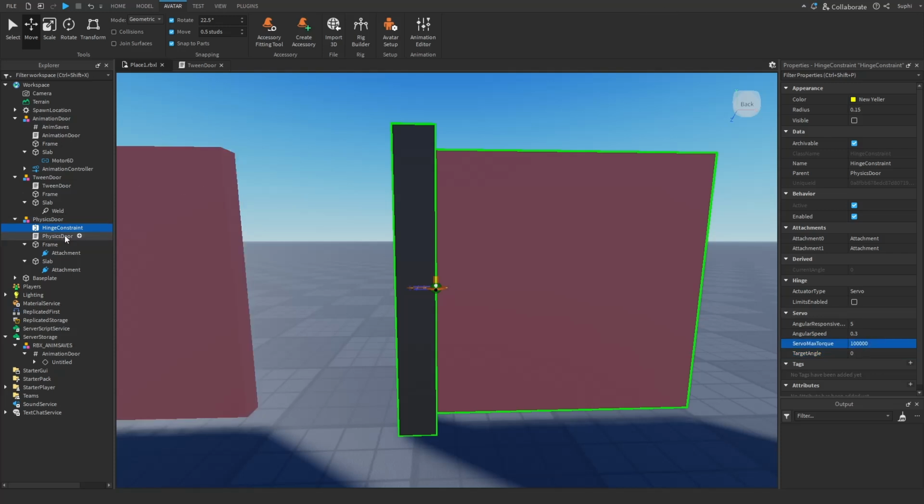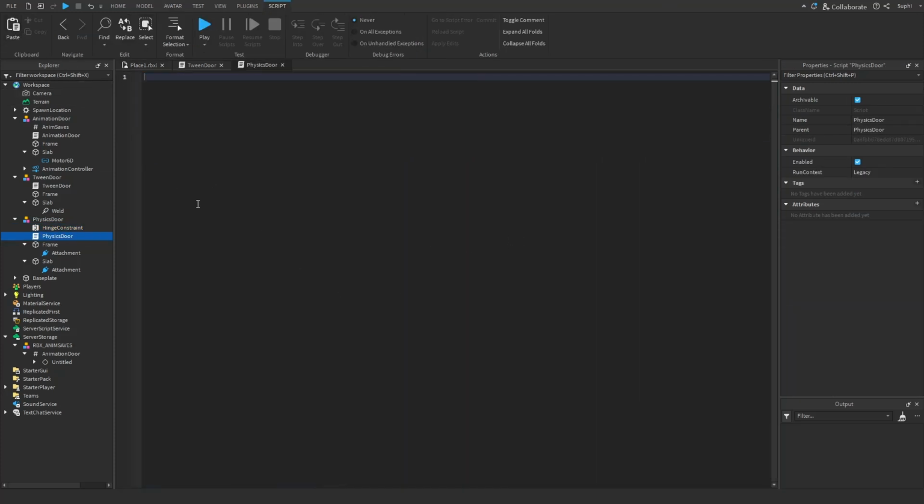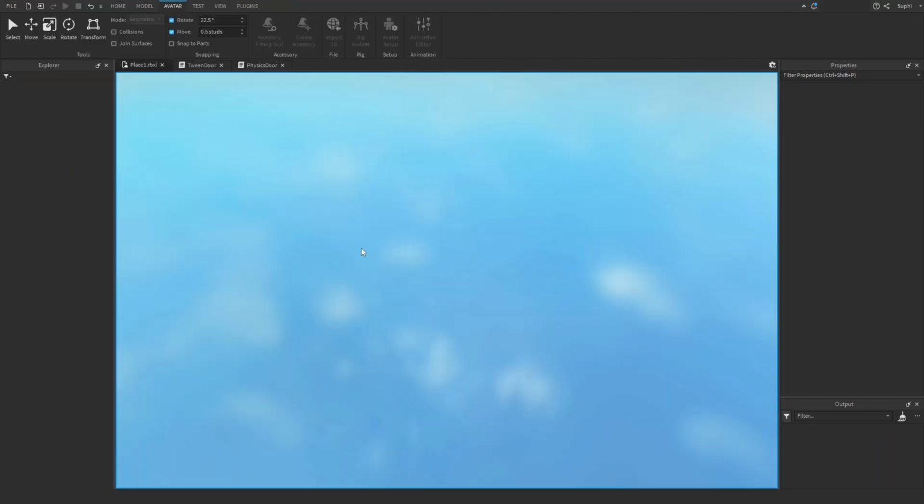And now I'm going to go inside of the physics door script. I'm going to delete the Tween code, and I'm going to replace it with this code. So all I'm going to do is wait 10 seconds, set the hinge constraint's target to negative 112.5, then set it back to 0 after another 10 seconds. And if we now play the game,